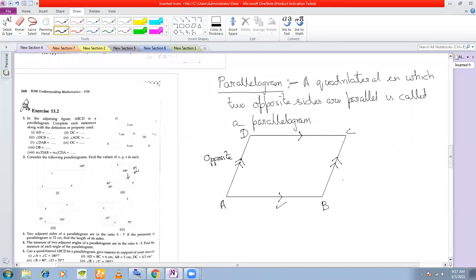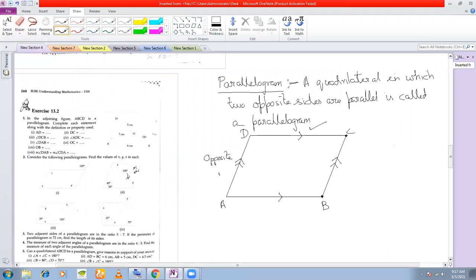If you see, this side and this side are adjacent. Why? Because they share this vertex here, right? They have a common vertex. Similarly, which other two sides are adjacent? You can say this side and this side are adjacent because they have this vertex in common. These two straight lines intersect at this vertex. Next, what other sides are adjacent?